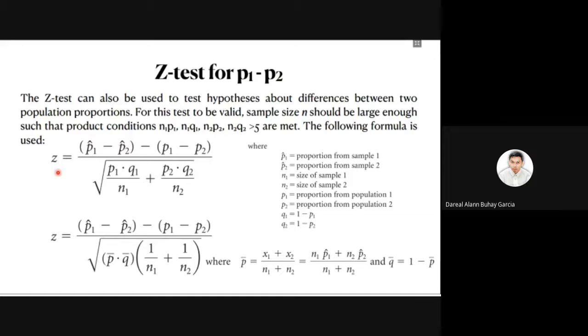However, the population proportions are unknown. So an estimate of the standard deviation of the difference in two sample proportions is made by using sample proportions as point estimates of the population proportion. The sample proportions are combined by using a weighted average to produce P bar, which in conjunction with Q bar and the sample sizes produces a point estimate of the standard deviation of the difference in sample proportions. The result is seen in the second formula, which we shall use to test hypotheses about the difference in the